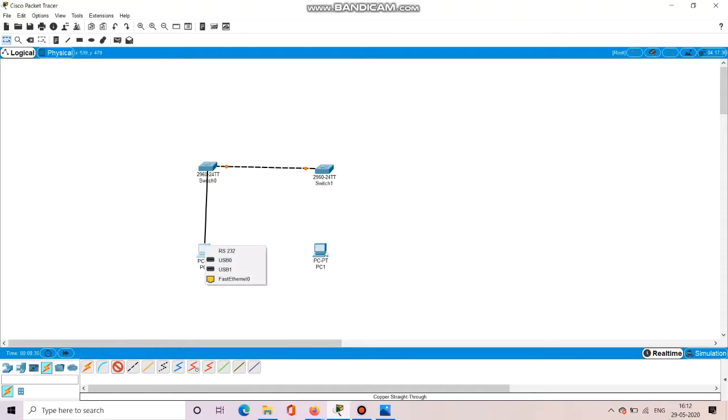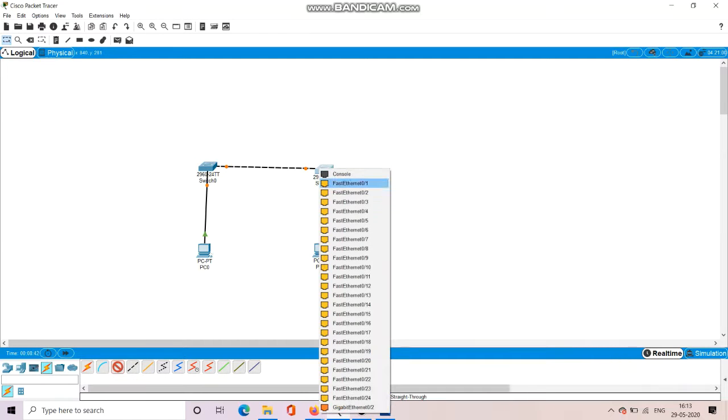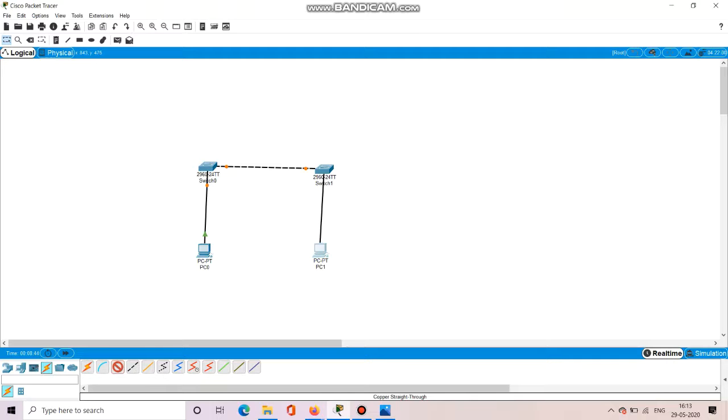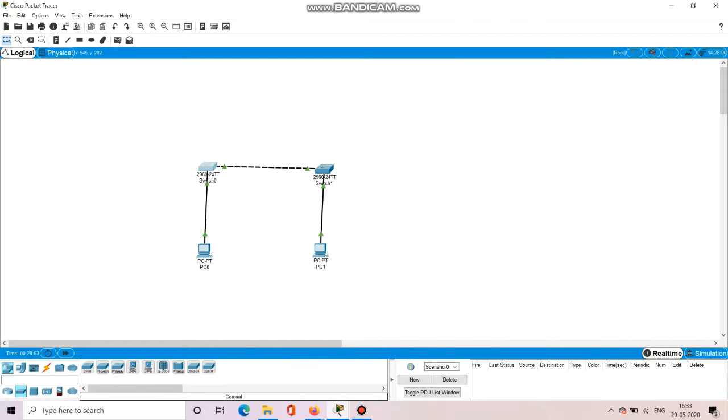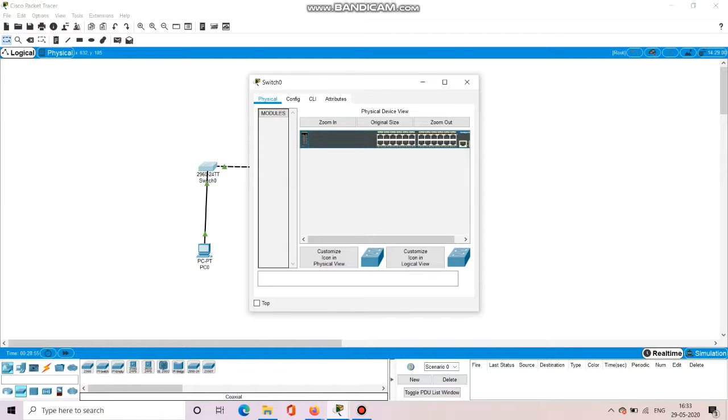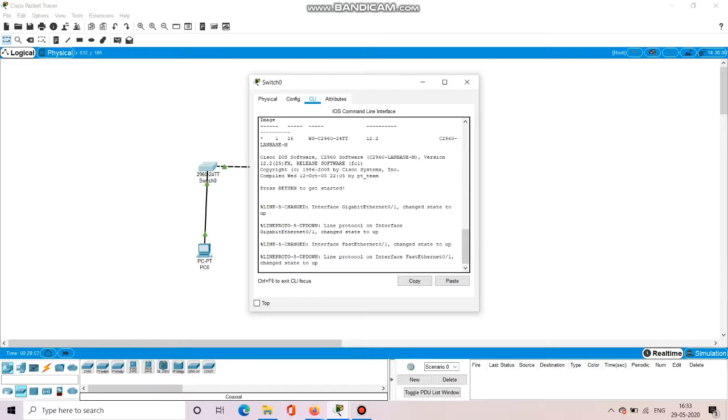After configuration we have to run certain commands. For that we have different types of mode. The different types of modes are like user mode, the global configuration mode.